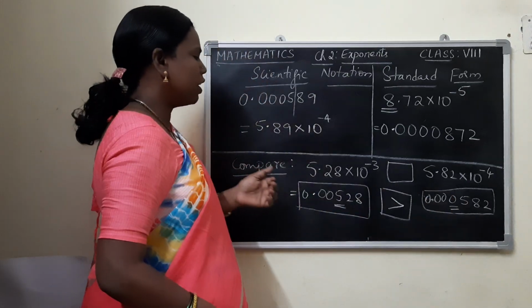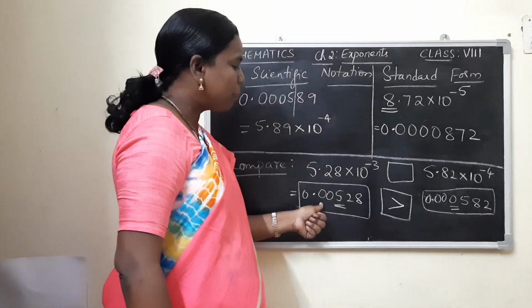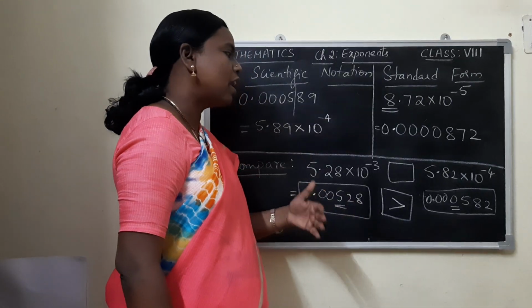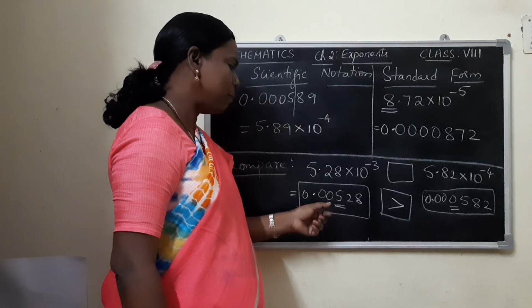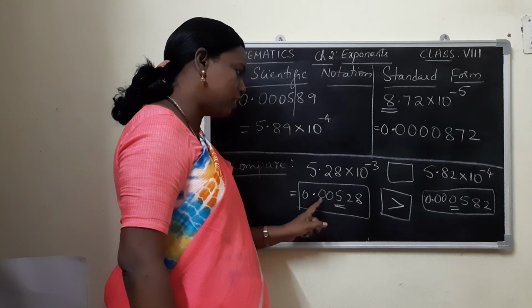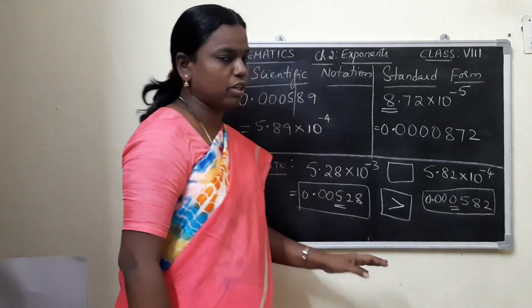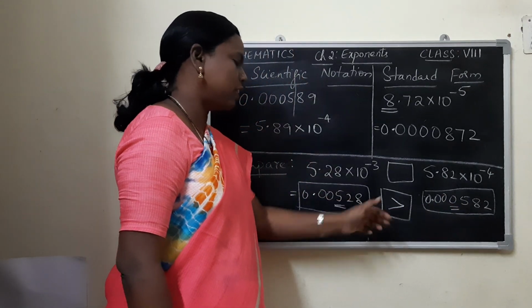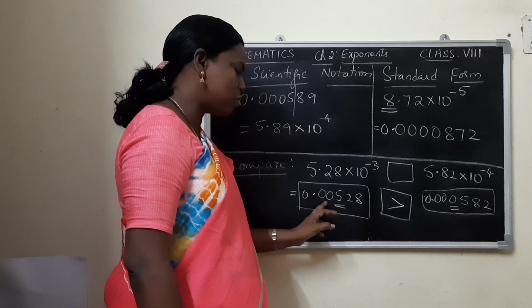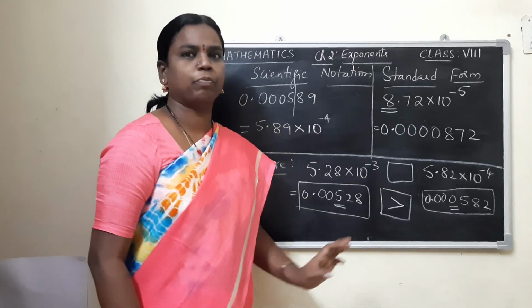Now in a simpler way I can say that if the number of zeros is less, then that number would become greater. In general I am saying this might not apply for all. You need to be careful. I am only talking about the preceding zeros before the number. In between, if you have a number again, you won't be getting the same value. So in general, if the number of zeros you observe is less, that number would generally be greater.